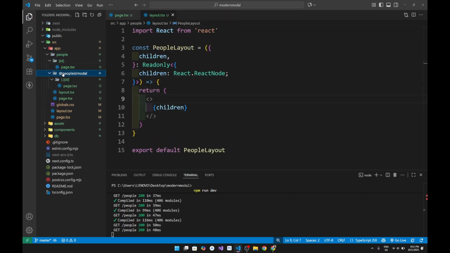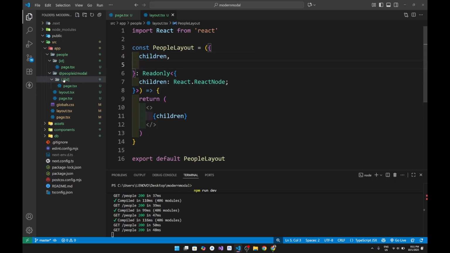And when we add a folder whose name starts with @, this means it can appear on the layout as a prop. So let's add its name to the props list.